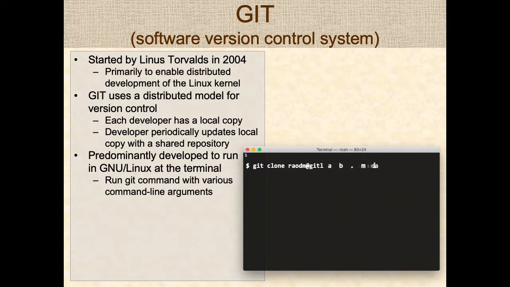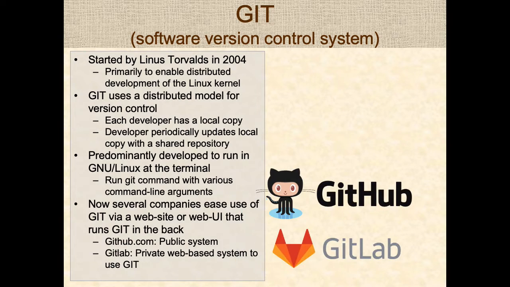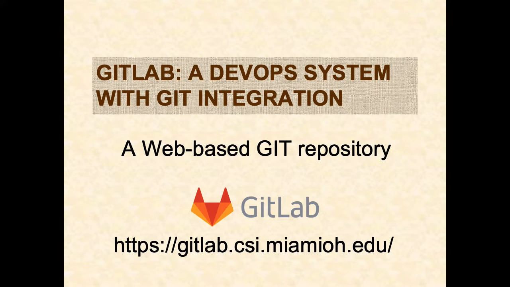Git was predominantly developed to run at the terminal by running different kinds of commands to perform operations. However, now several companies use Git via a website or a web user interface that enables Git in the back. Examples are GitHub, which is a commonly used Git repository. There's also GitLab that can be used to develop private web-based Git repositories as well. In this video, we're going to look at GitLab, specifically the one deployed at Miami University for creating and managing